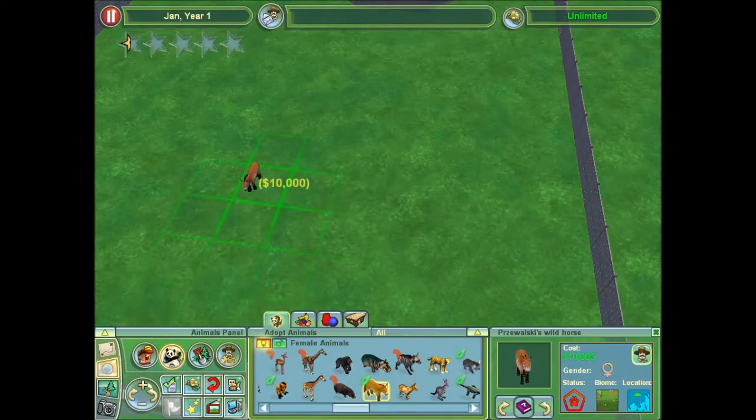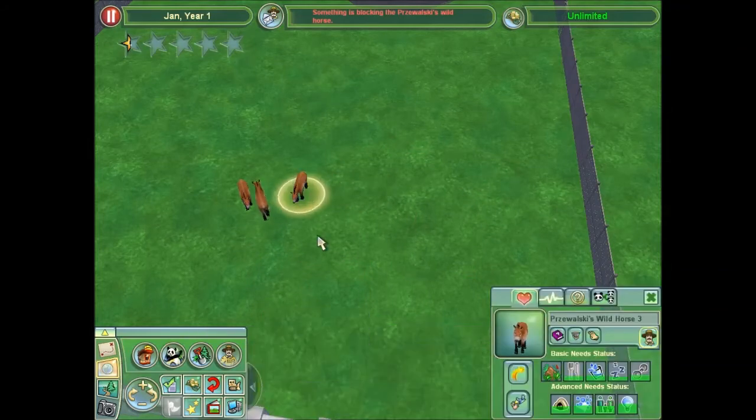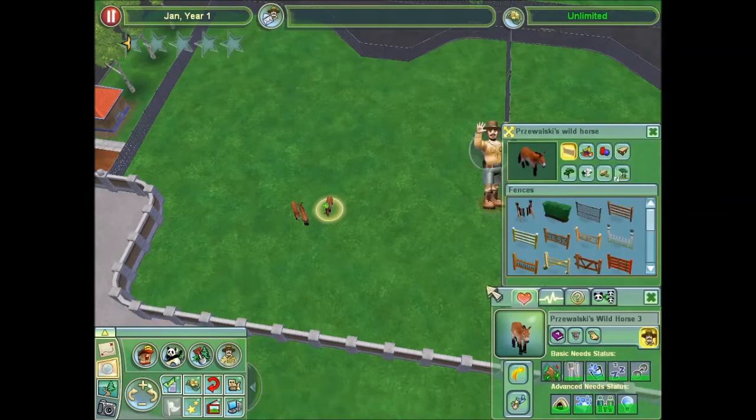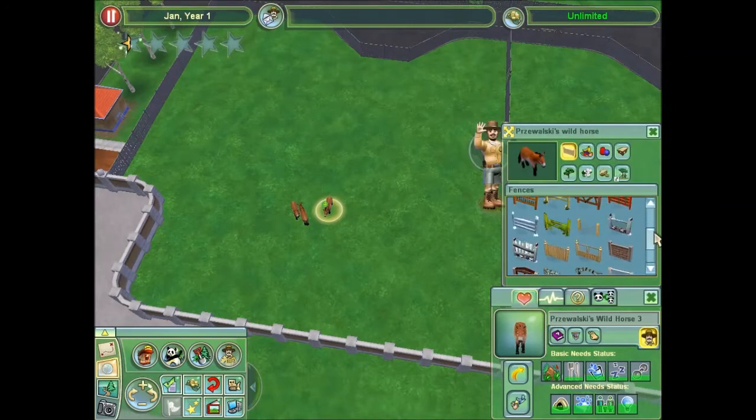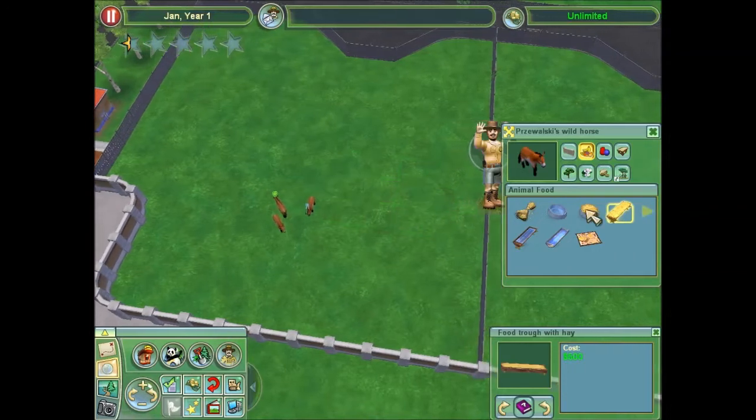Okay, so what I'm going to do is I usually put 2 females and then 1 male, because 1 male can mate with 2 females and produce baby horses. And then the next thing you need to do is you need to click the zookeeper recommendations. Now these are what the animal likes. So for example, we need food, so let's put a